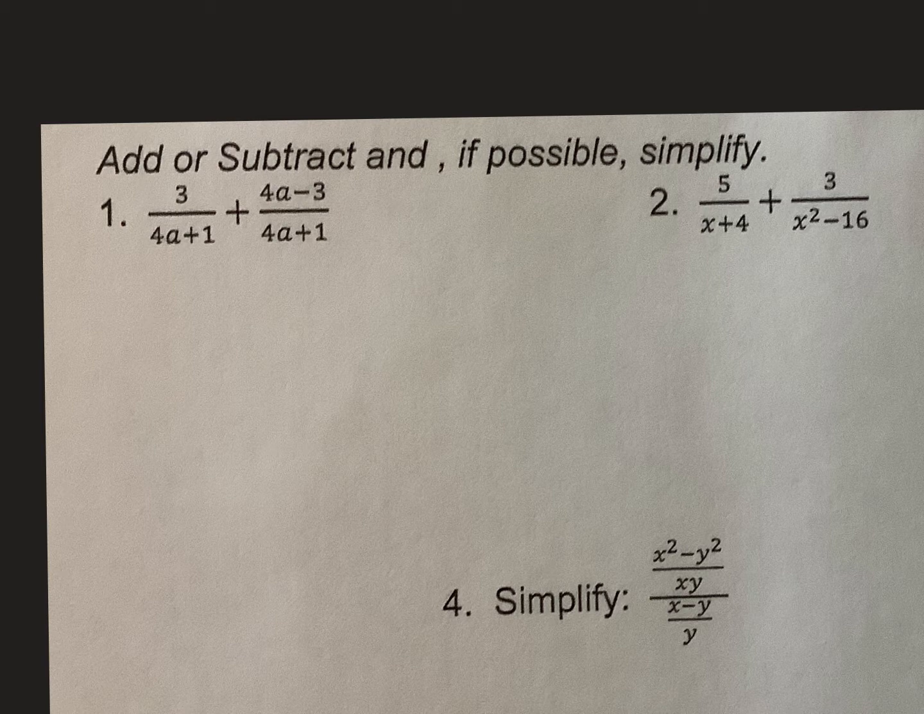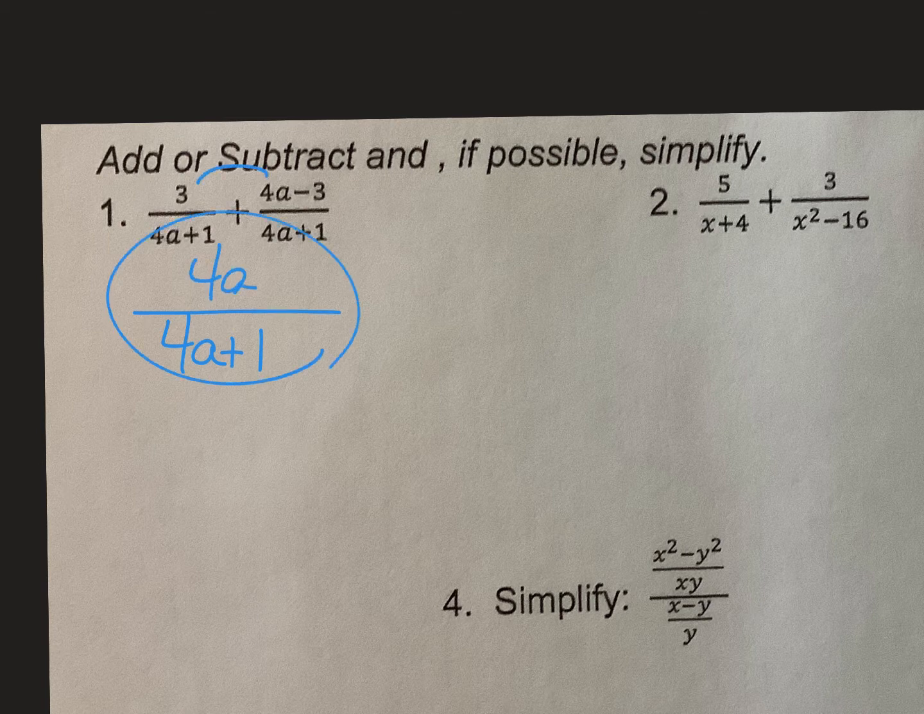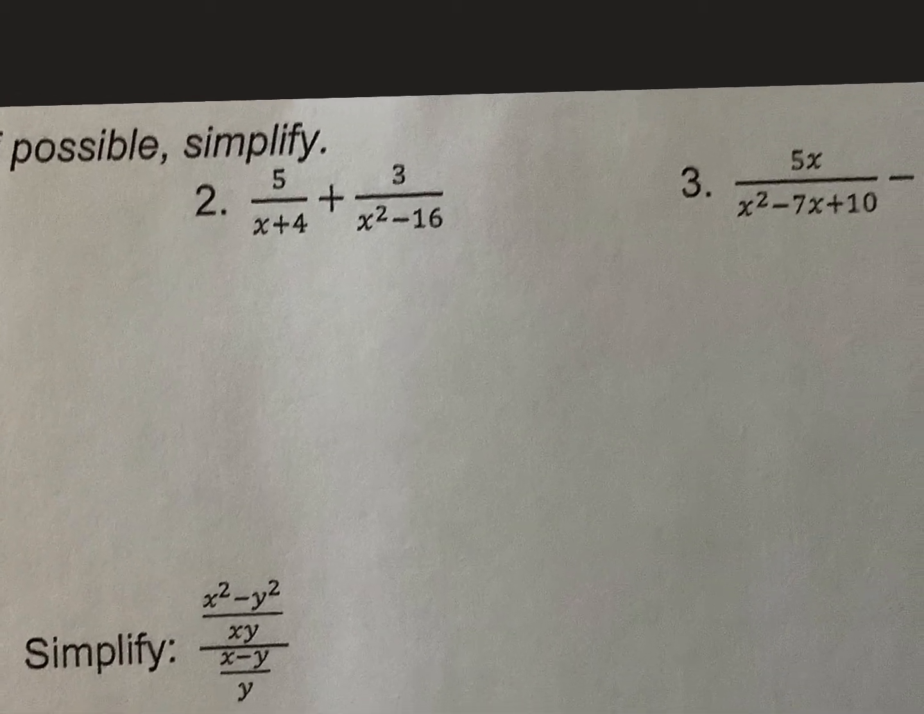So when you have LCD already, the 4a plus 1, all you do is add the numerators. All right, so if I add 3 and 4a minus 3, the 3's would cancel. That's all you do. Okay, don't make that one difficult. And don't cancel those 4a's. Oh my gosh, don't do that. Number two,